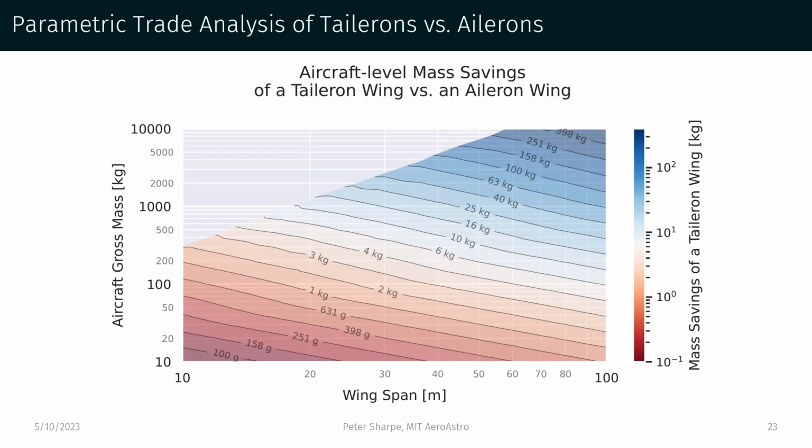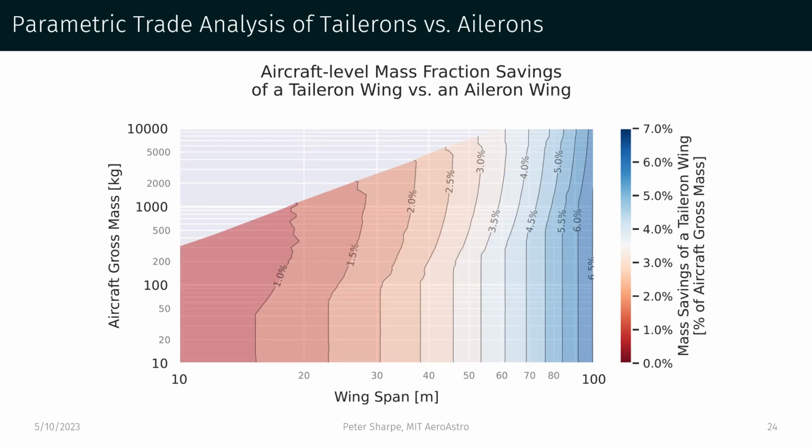To show the mass savings of a Taileron wing with respect to an aileron wing more closely, we can plot that mass savings as a function of wingspan and aircraft gross mass here. As we can see, the mass savings increase generally with the gross mass of the aircraft. Perhaps a more relevant way to visualize this data set here is to look at it as a fraction of the aircraft gross mass. As we can see at the lower span end of the spectrum, the mass savings of using Tailerons versus ailerons are there, but not huge, on the order of a fraction of a percent. However, for larger aircraft, these mass savings quickly grow to be substantial, reaching in excess of 6% at the largest